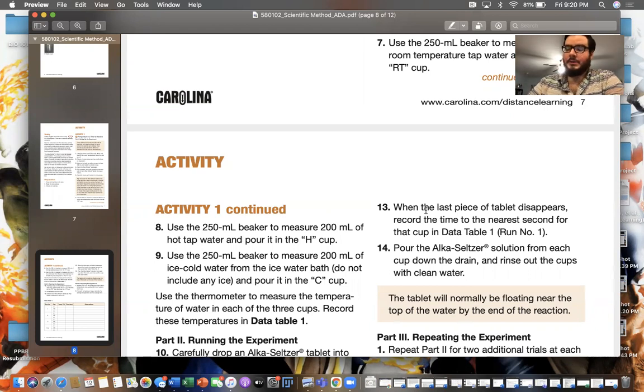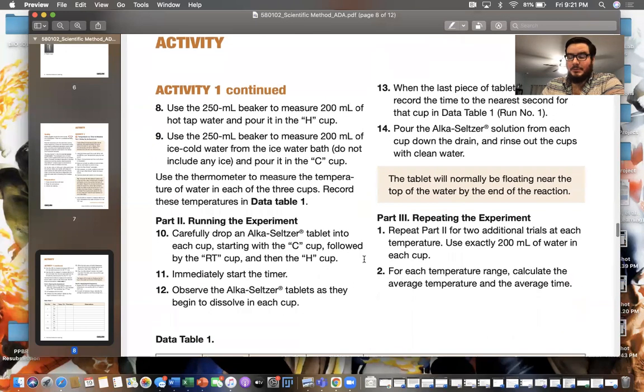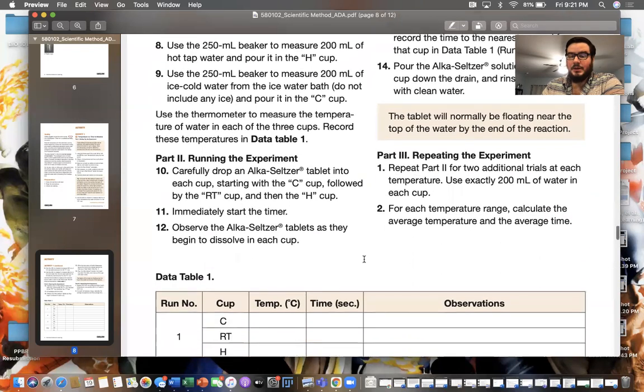All right. So I'm going to give you guys a chance to kind of rinse and repeat. You're going to do this 2 additional times for each temperature of water, try to get the temperature as close as you can to each other. But if you're a little off, that's not a big deal. And once you're done,